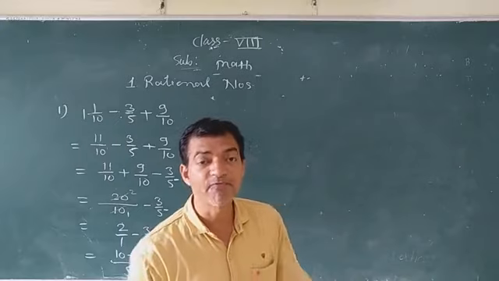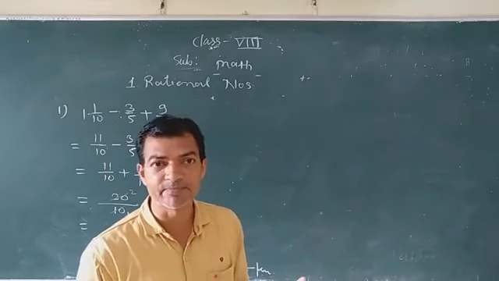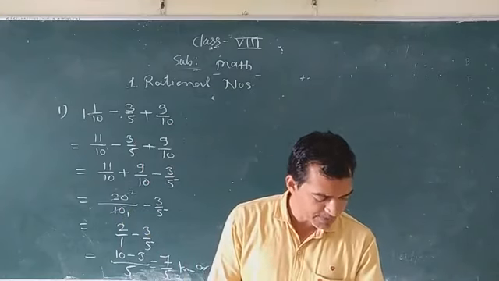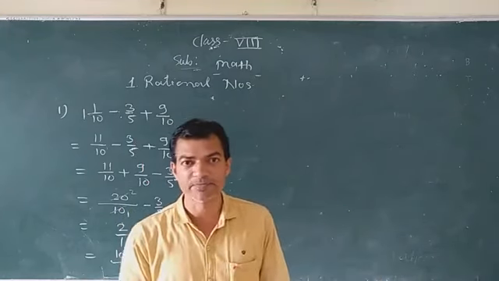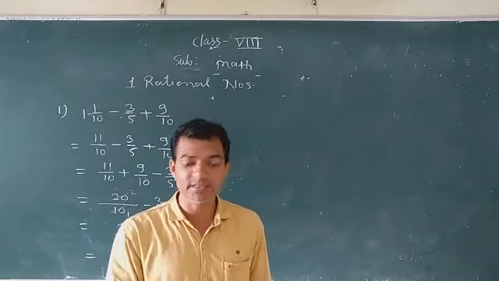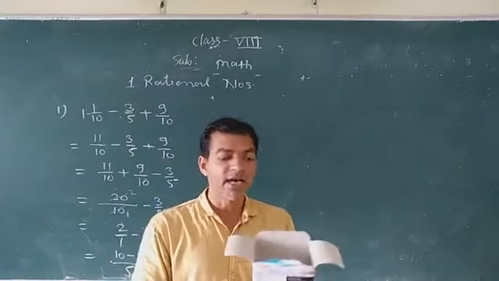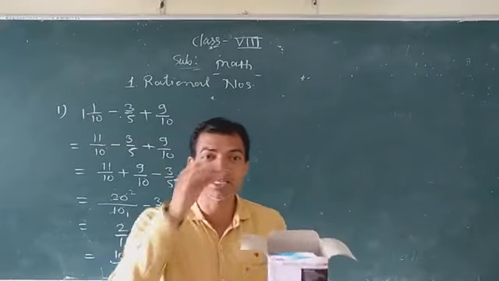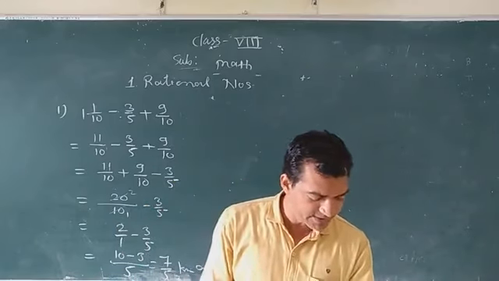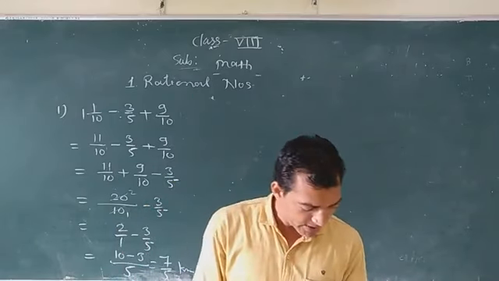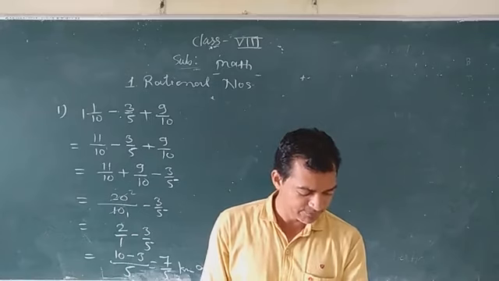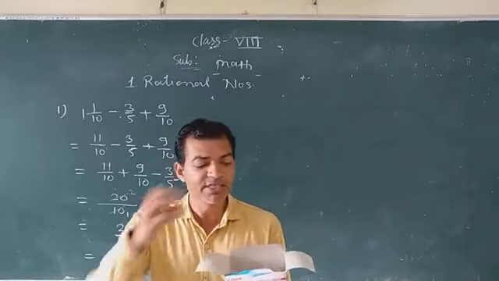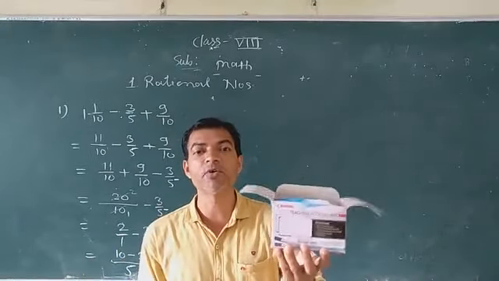Understood the meaning? Okay, first you have to read the problem and try to understand the meaning. A gold chain, when packed in a decorative gift box. After packing the chain, suppose this is the box. After packing the gold chain, the weight of the box, meaning total weight of box plus chain, is given here: 80 integer 1 by 6 gram. And if the chain weighs 26 integer 7 by 12 gram, then what is the weight of the box? Meaning if you remove the chain, then what is the weight of the box?